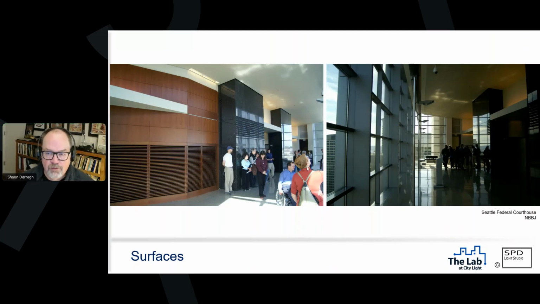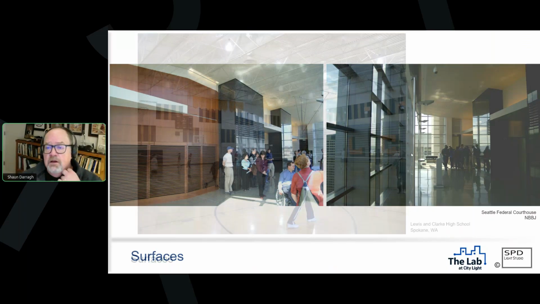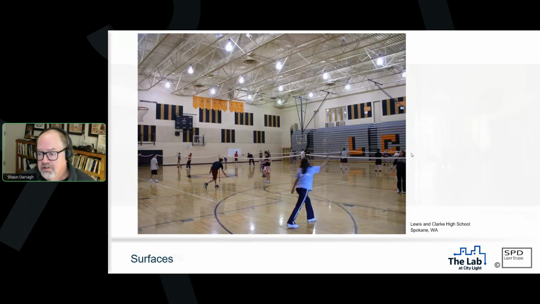right? From the photo on the left, you can look back and you can see in there because the light's coming from the other direction. In the photo on the right, people are silhouetted. So choosing surfaces, please don't do shiny walls. Shiny walls bad. This is an example from the Lewis and Clark High School over in Spokane,